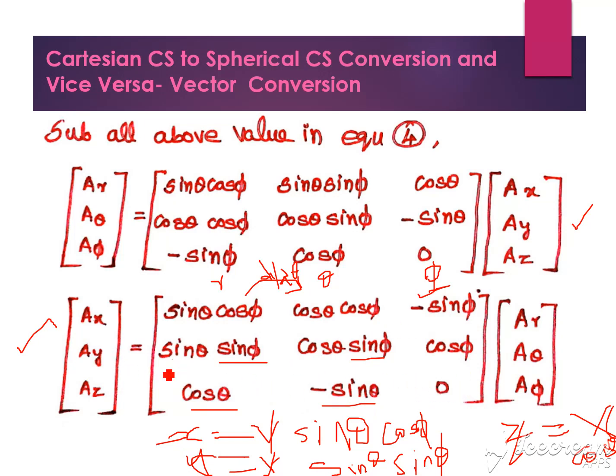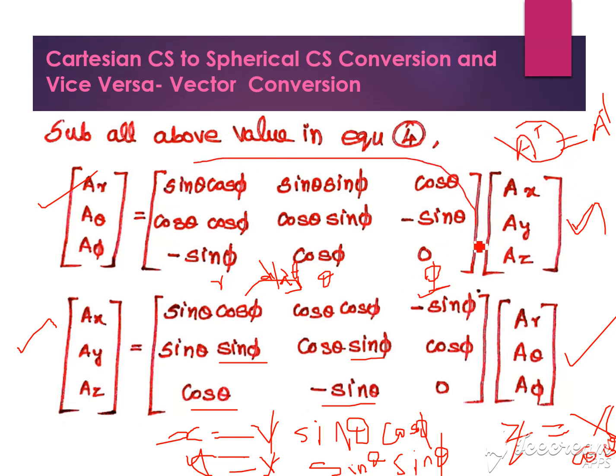By remembering this formula, we can easily convert this formula into this formula by using a general transformation. Here the matrix is an orthogonal matrix. Already we know for an orthogonal matrix, A transpose and A inverse are equal. So while converting from this equation to this equation, we simply take the transpose of the given matrix, that is the coefficient terms. Simply take the transpose, rows and columns are interchanged, then we get these equations.